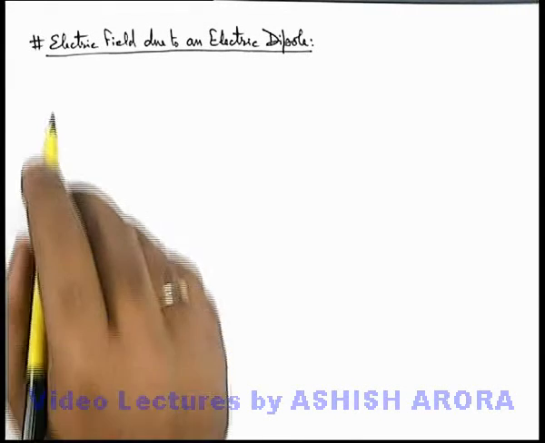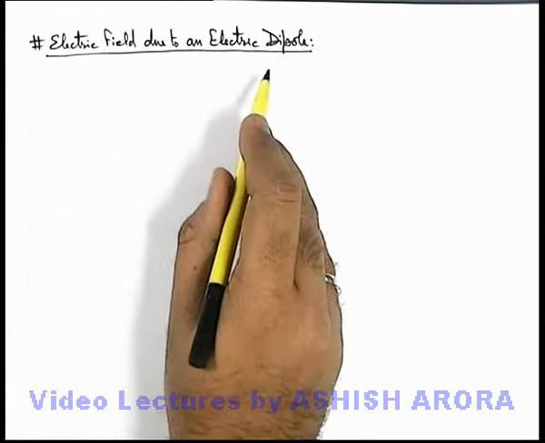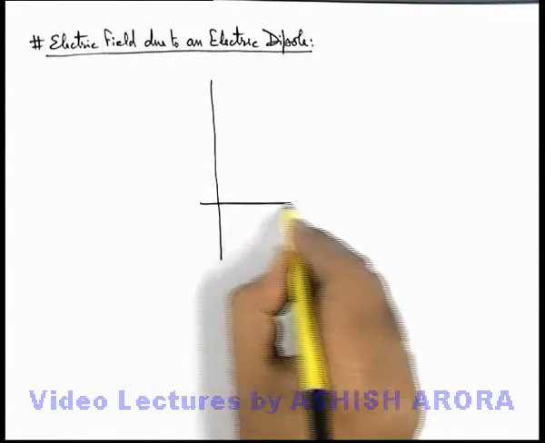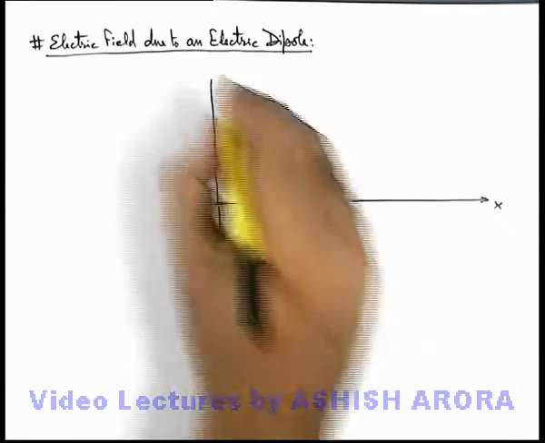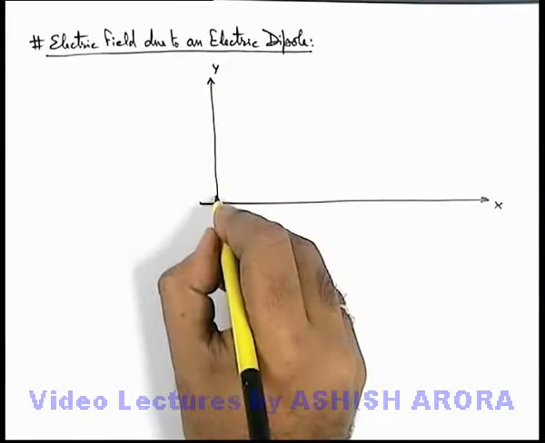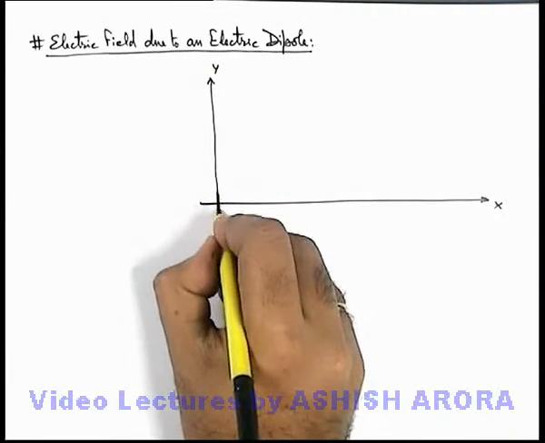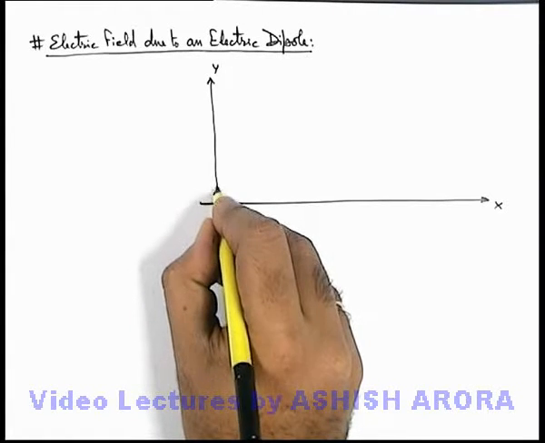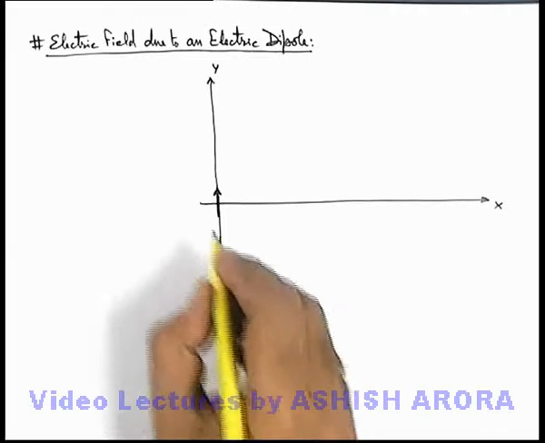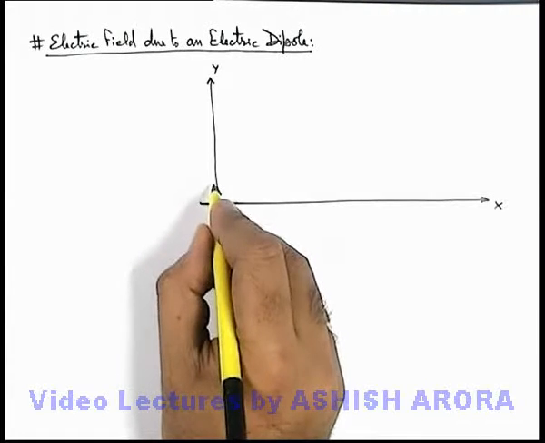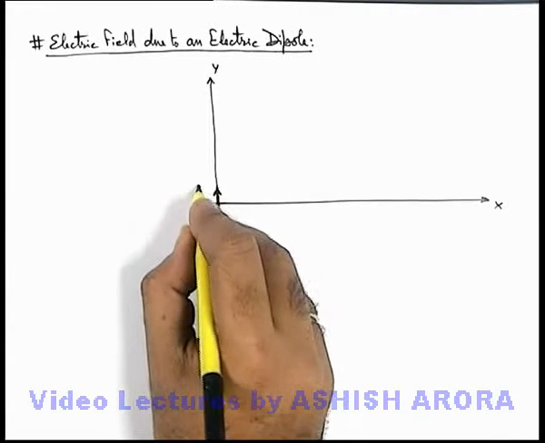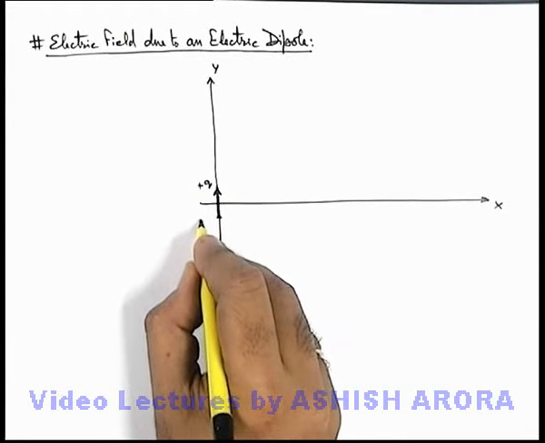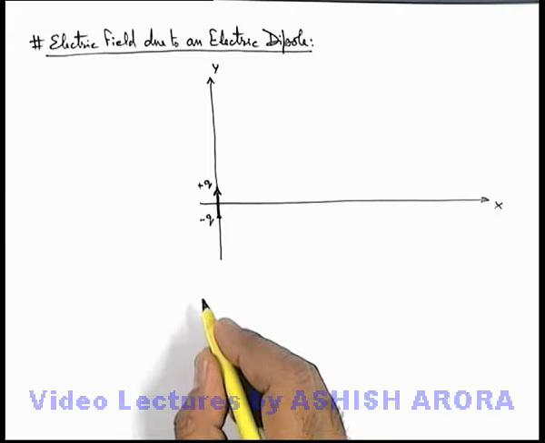Let's study the electric field due to an electric dipole and its surrounding. Say we are given an electric dipole placed in a coordinate system. At the origin of the coordinate system, we have placed a dipole here, and as we already discussed, a dipole is generally represented by an arrow with the head of the arrow located at the position of the positive charge of the dipole, and its tail at the location of the negative charge of the dipole.